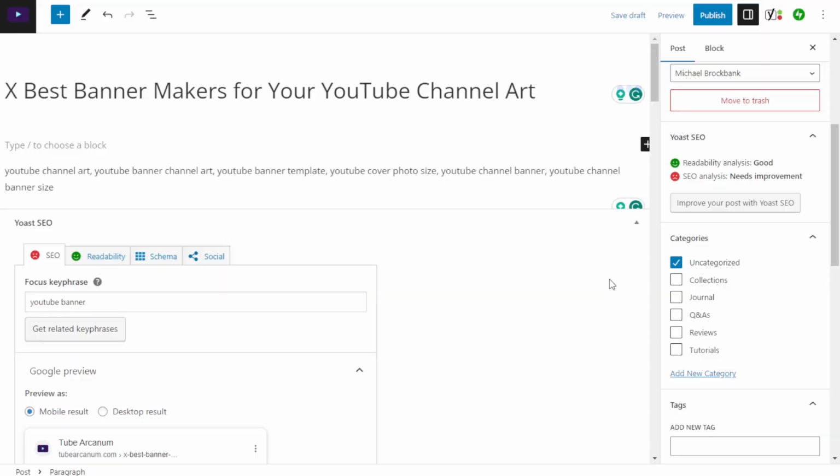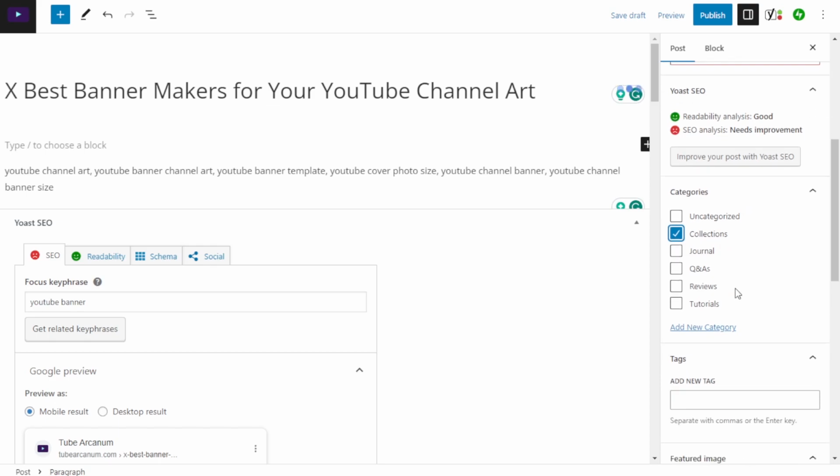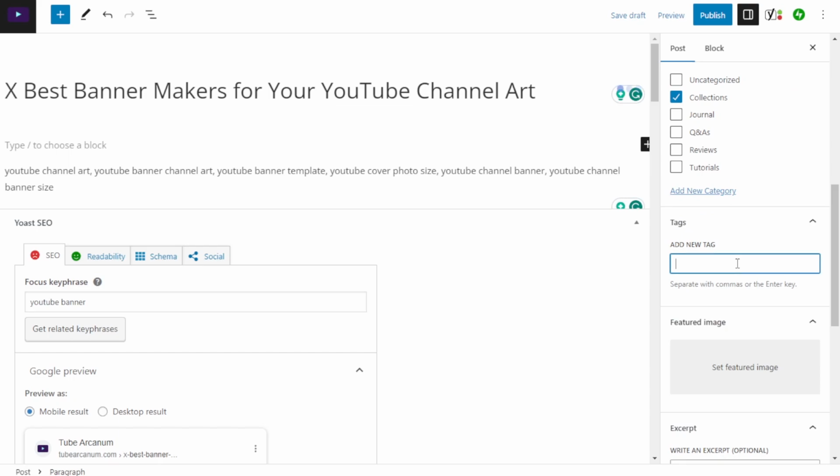And then we have our categories. We're going to change this from uncategorized to a collection because it is a listicle. Remember we talked about those in the last video. And so far, I think I'm probably just going to wind up leaving it as collections because why not? And then we have our tags. Remember how I talked about them in the last video as well. And our tags for this one will probably vary. We'll definitely do the YouTube,